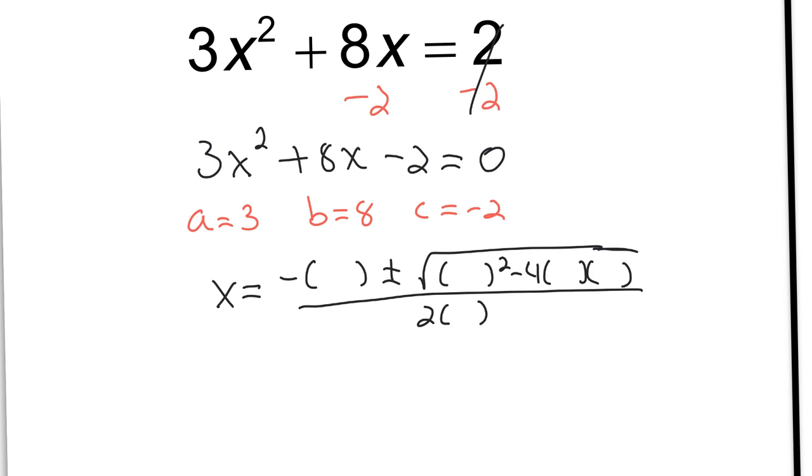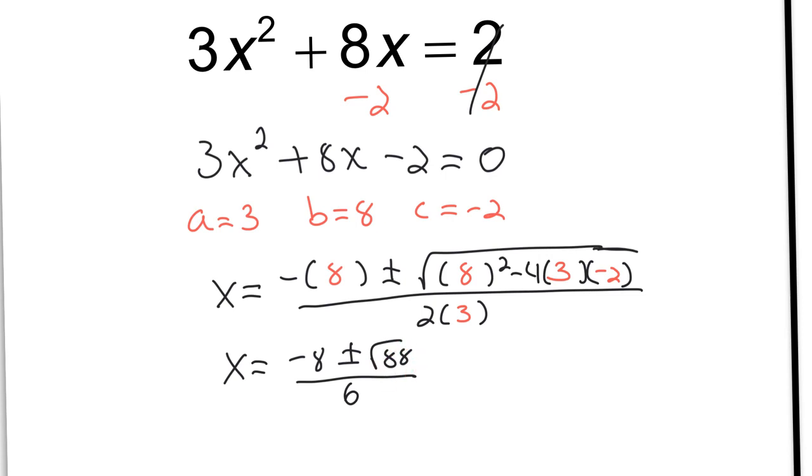So here we have a negative b, so that's negative 8, plus or minus the square root of b squared, 8 squared, minus 4 times a, which is 3, times c, which is negative 2, everything divided by 2 times a, which is 3. I'm going to simplify the formula. So x equals, you multiply the negative and the 8, that'll be negative 8 plus or minus the square root of 88, everything divided by 6. 2 times 3 is 6. Now the discriminant is positive 88, so that means I have two real solutions,